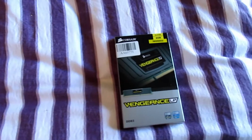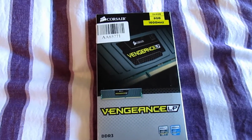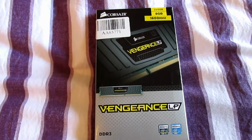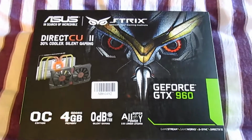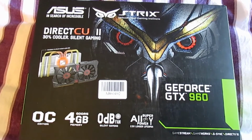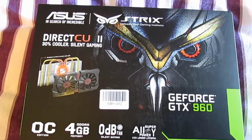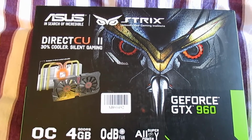Our choice for the memory is 8GB of dual channel Corsair Vengeance at 1600 MHz. We've gone with the Asus GTX 960 for the GPU. The monitor is a 24-inch panel with a 1920 by 1080 screen. The games will be played on medium settings, and I think this card should be able to achieve 40 plus